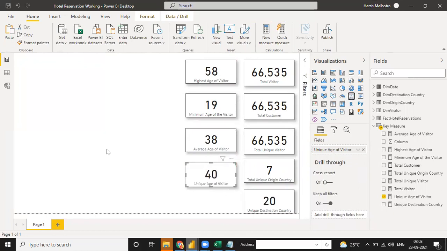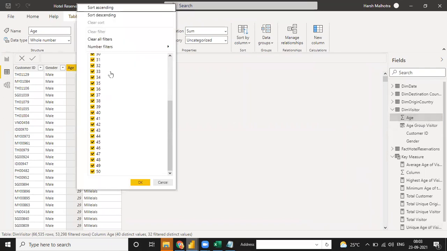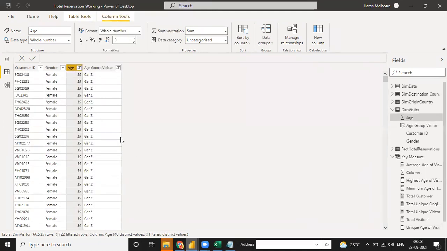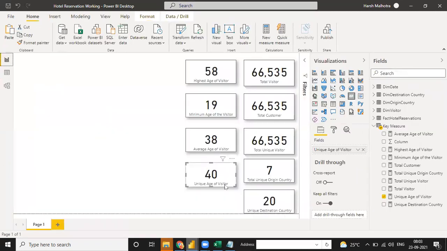Means if you depend on the age, in this column, go to age, the value will be, see, 19. How many are 19? Suppose 17, 22, but it counts only one time, so in the 19. So that is the reason to use the distinct count function. Distinct is a very good function in our data.